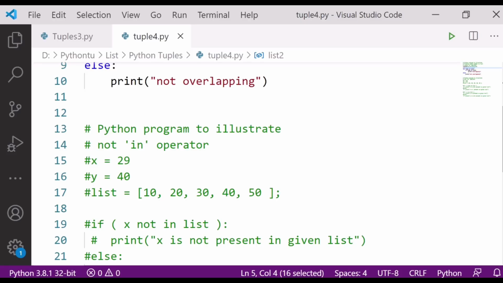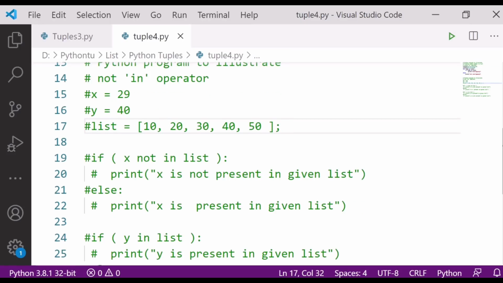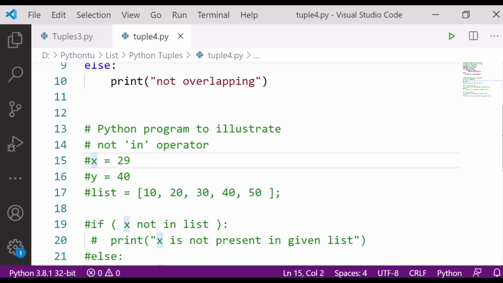So I have a program with me. I have given the values here: x is equal to 29, y is equal to 40, and I have created one list here. I'm checking if x not in the list. Let me uncomment it.